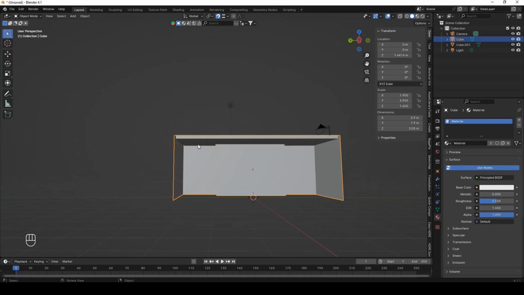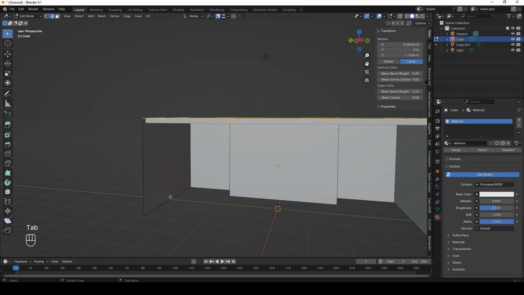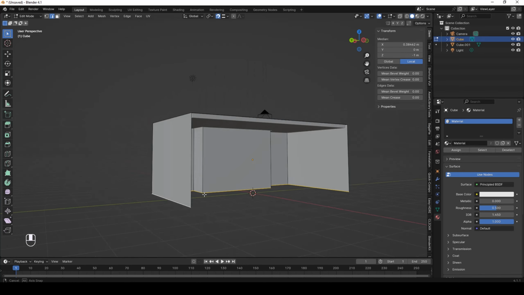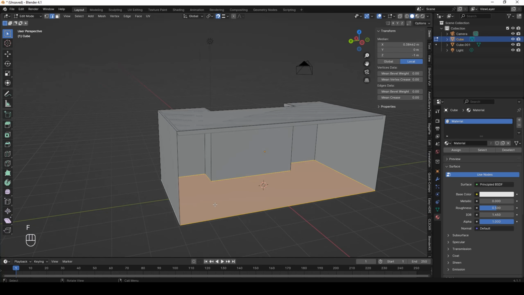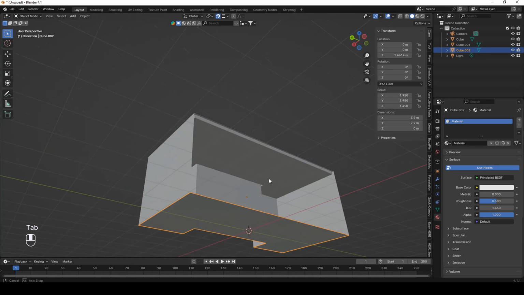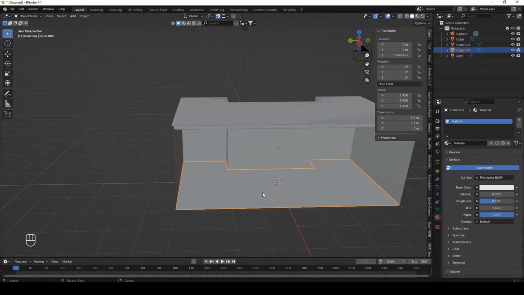And then for the floor, what we can do is just repeat the same process. Hold Alt and click the edges like this, and then press F. After you have done that, press P, and then click the selection. As you can see now, we have the flooring, but everything is flat, so we have to create, you know,